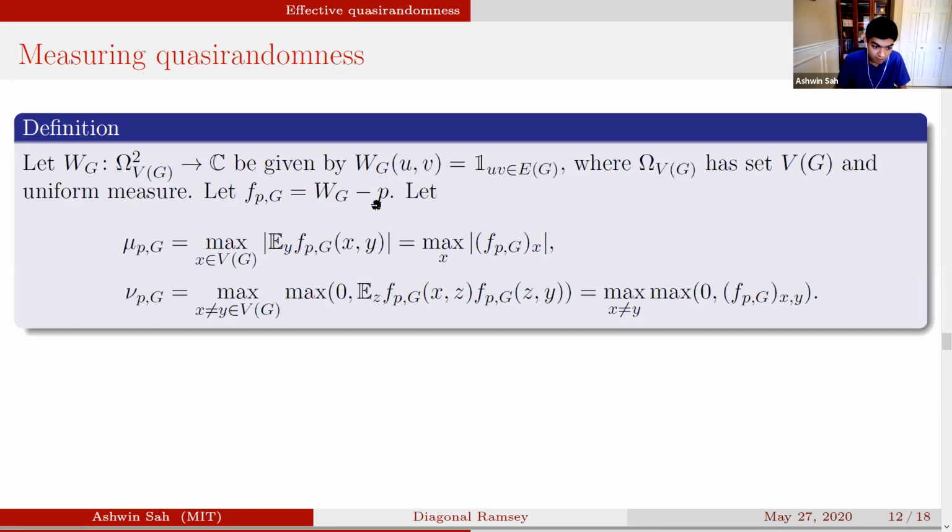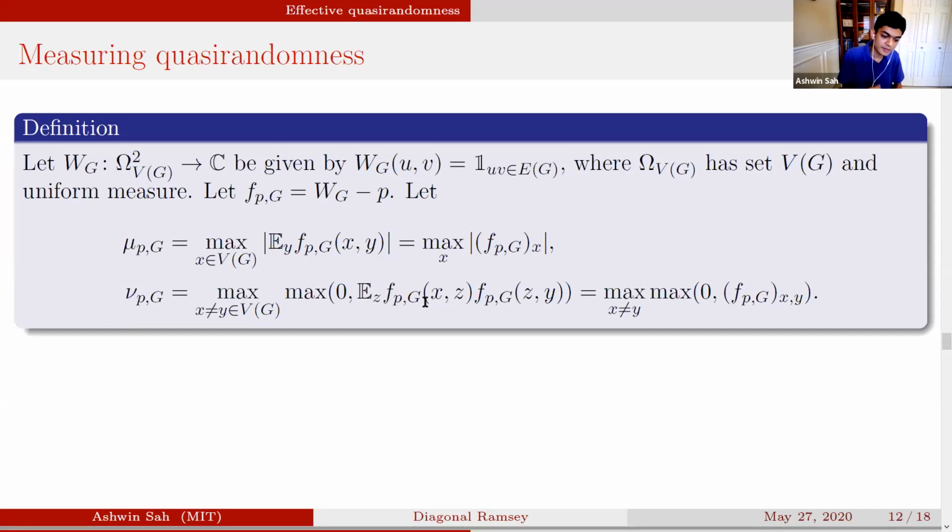So the first we'll call mu, in keeping with what we were discussing earlier, and it's equal to this maximum, the maximum sort of quote unquote degree of f in a certain sense. And since f is measuring the distance between G and p, it's really just saying what is the maximum distance of a degree of the graph from p. So normalized degree, really. So this is basically the mu that we had earlier.